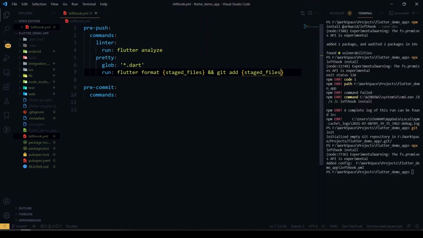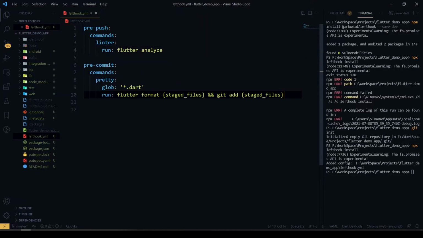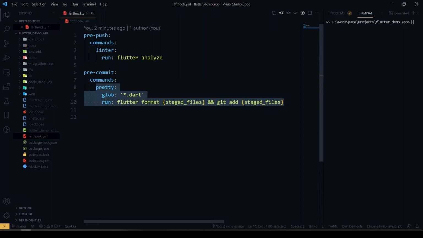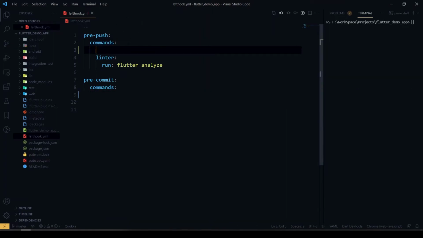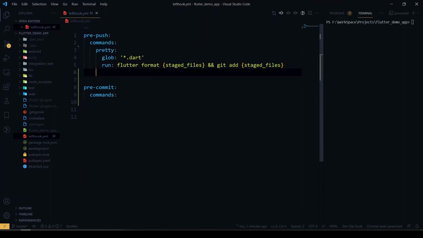If you want to do this before pre-commit, you can also use that. I'll just cut it and paste it here. Yeah, this also works. After adding the lefthook.yaml file, I'll replace it with pre-push here. We'll check prettier in the pre-push, and I will check the linter in commit. Then only it will make sense.